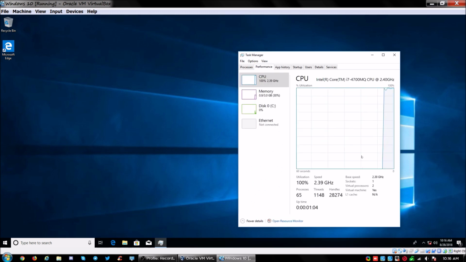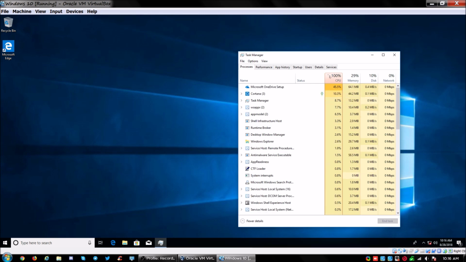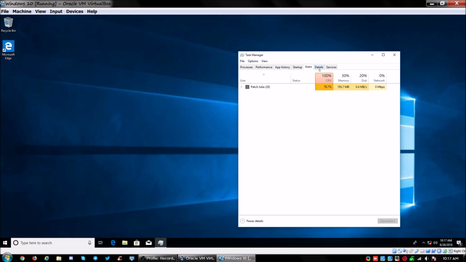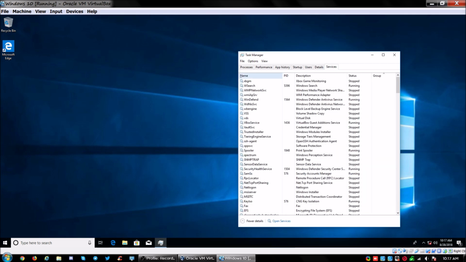So for some odd reason, we're only seeing 1. And no, we're seeing 2 actually. It says 2 virtual processors. So actually, it is showing 2 right here. And CPU is 100% for some odd reason. I'm not even doing anything. That makes total sense. Oh, it's OneDrive. You can see I'm not even using a gig of RAM. I'm just about using a gig of RAM, but I'm not. 32-bit uses a lot less, which is why I recommend 32-bit. And then you can see 100% there because of that OneDrive. And everything's